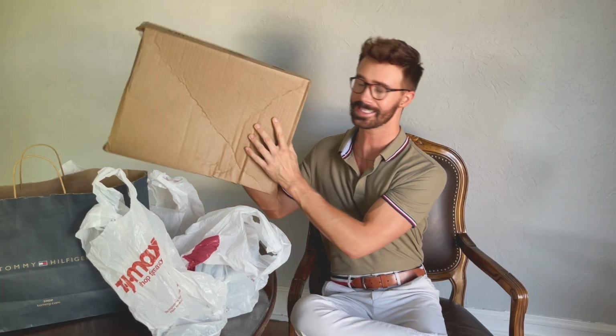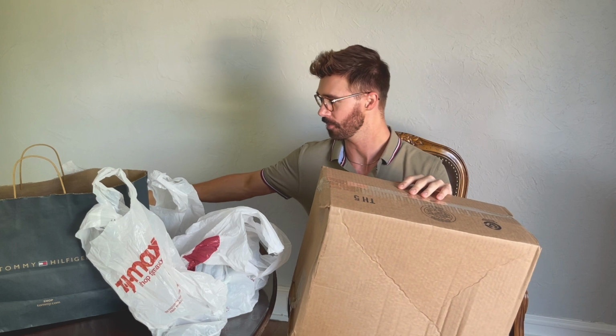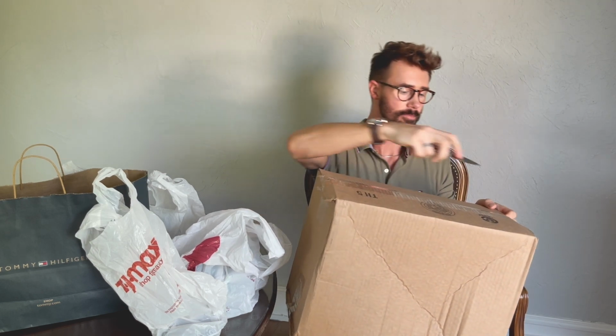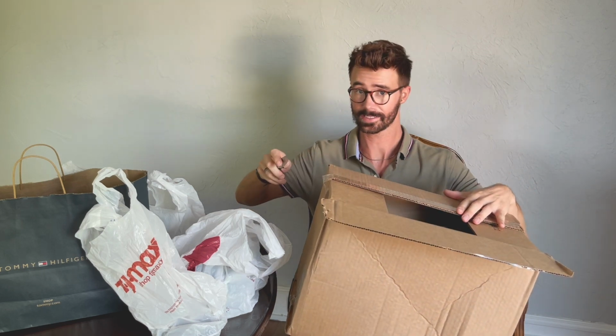We're gonna open up this first because this piece in here is from Tommy.com. I saw this on the website, what I'm about to unveil, and I was shook. I don't know what it is, but I've been in the market for what's in this box for basically the entire summer so far, and since I'm going to the beach, I needed what's in here. So let's open this up, and I'm not gonna lie, I was a little shook by the price. I'm hoping, since I didn't see this in person yet, it lives up to its expectations. And we all know Tommy stuff typically does. So,